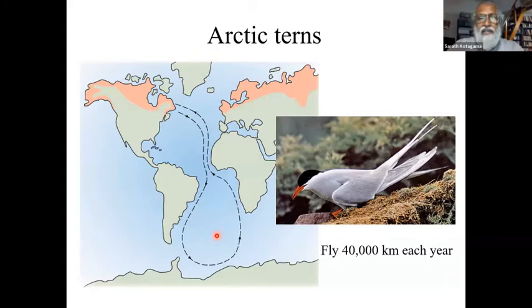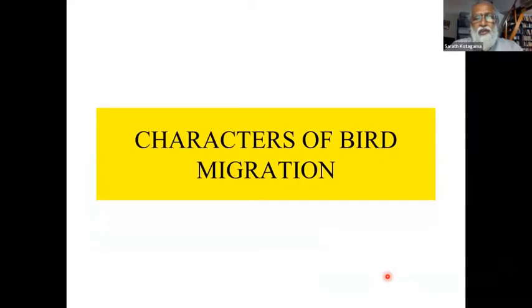This is the Arctic tern, which goes all the way from North America down to the Arctic and then comes back all the way down and goes back. Huge, more than 40,000 kilometers. A well-known thing in the migration of birds. So from that basic introduction, which I tried to explain to you, that migration in English is